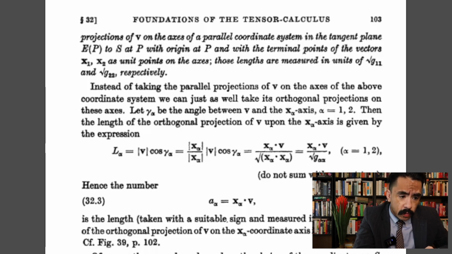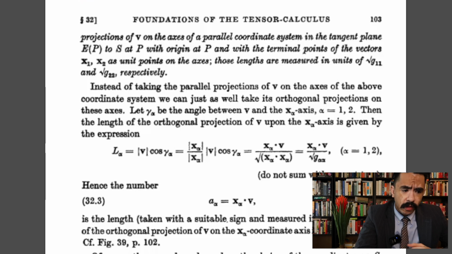Instead of taking the parallel projections of the vector v on the axes of the above coordinate system, we can just as well take its orthogonal projections on these axes. Let gamma sub alpha be the angle between the vector v and the x sub alpha axes, where alpha is equal to 1 or 2. Then the length of the orthogonal projection of the vector v upon the x sub alpha axis is given by the